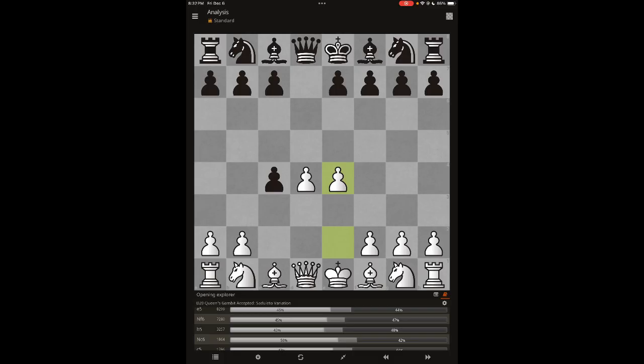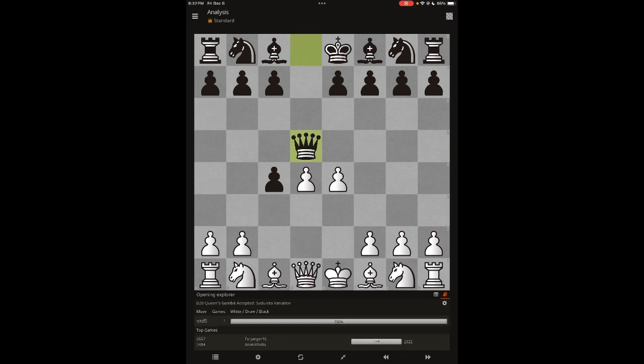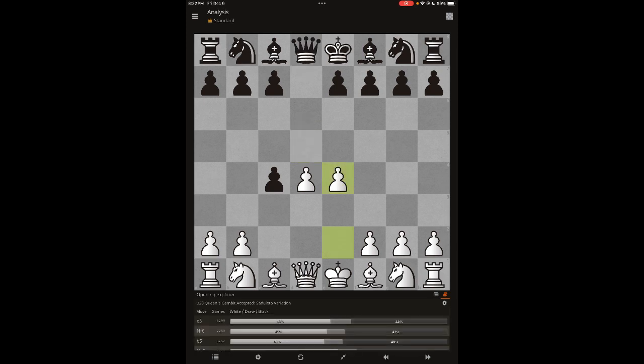They can't move their queen here. Well, they can move the queen here, but then it gets captured. So that's a bad move. But then we can go back moves. That's what the analysis board is. It lets you go forward and back. It's kind of like a working game. You can just go back and forth, and basically you have the same control over this as you would a physical board and pieces.